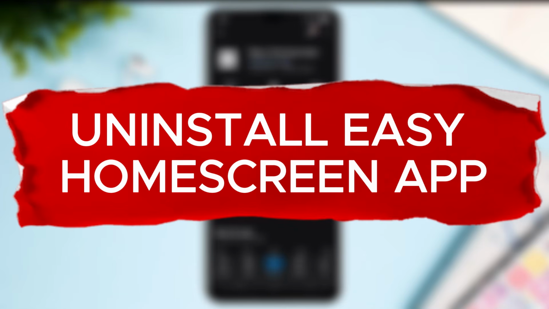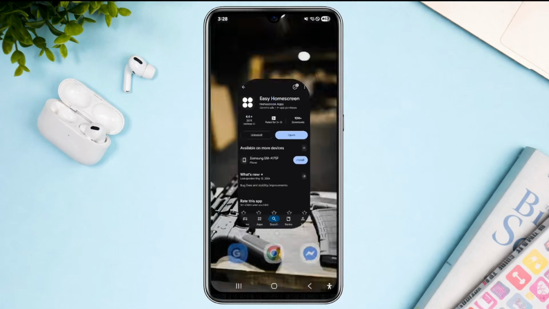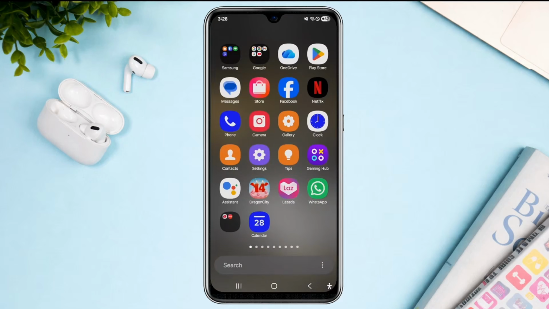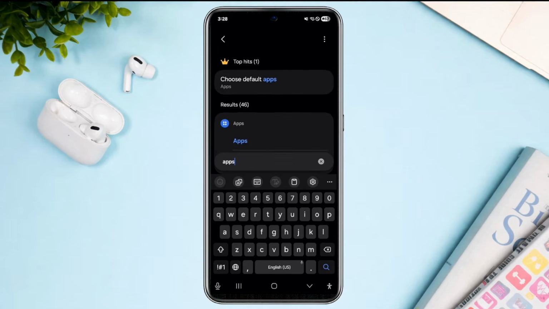How to uninstall Easy Home Screen app. Now in this very quick video, I'm going to show you the easiest method of uninstalling Easy Home Screen app on your mobile device. Now, common issues are people usually go into their mobile phone settings, typing in apps, now